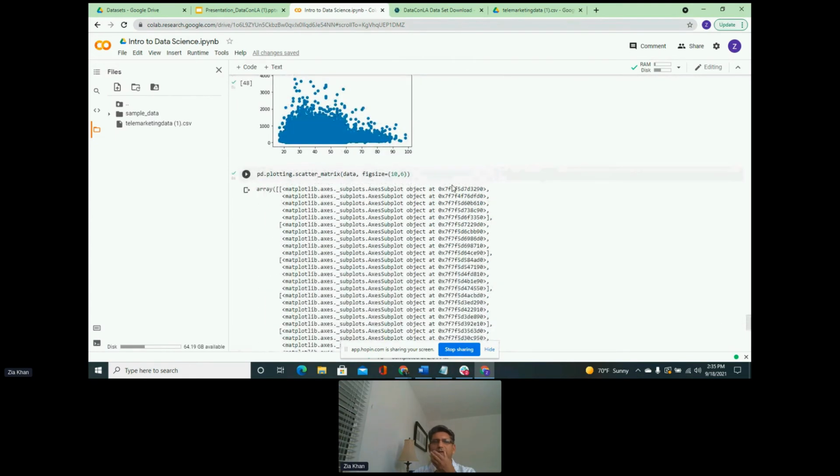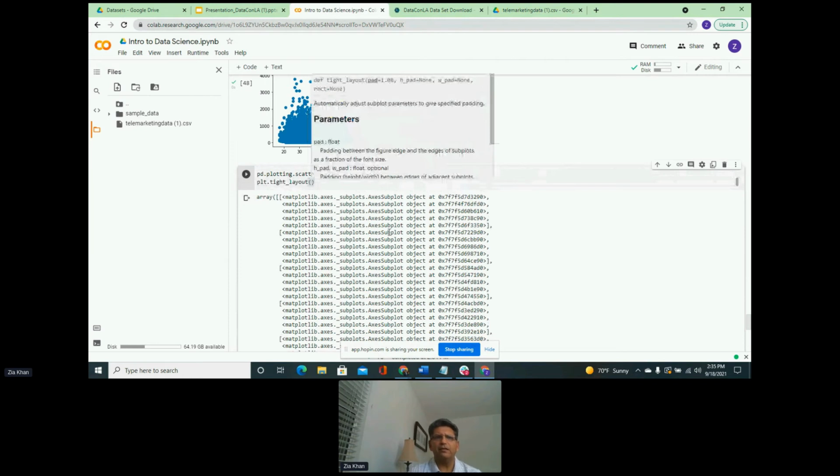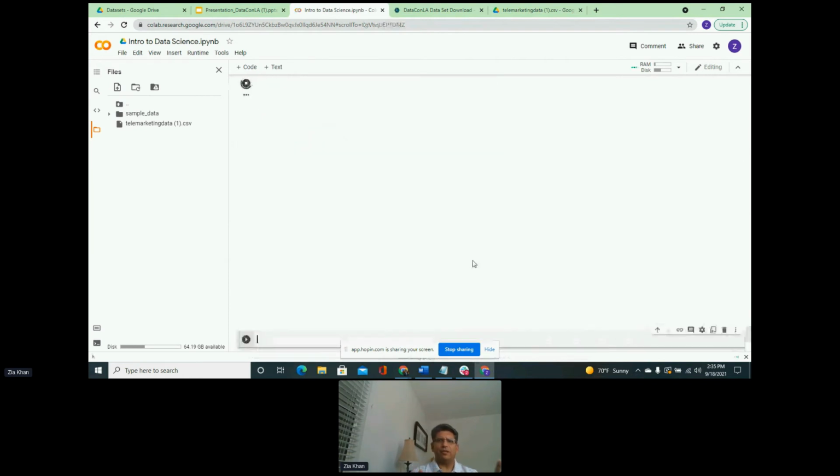So you can actually build a scatter matrix for your data set that will give you an idea of a scatter plot and a histogram, or a combination of a scatter plot and a histogram together. And you can actually do plt.tight_layout on this as well, and this kind of lays out your graph a little bit more nicely.